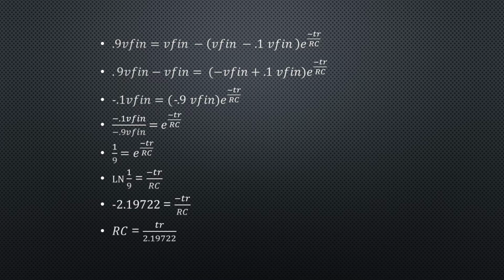Now to get rid of the e and get rise time and RC by itself, you take the natural log of the entire equation, and then that gives us the next line. Natural log of 1 over 9 is equal to negative rise time divided by RC. And the final equation on this page is RC is equal to rise time divided by